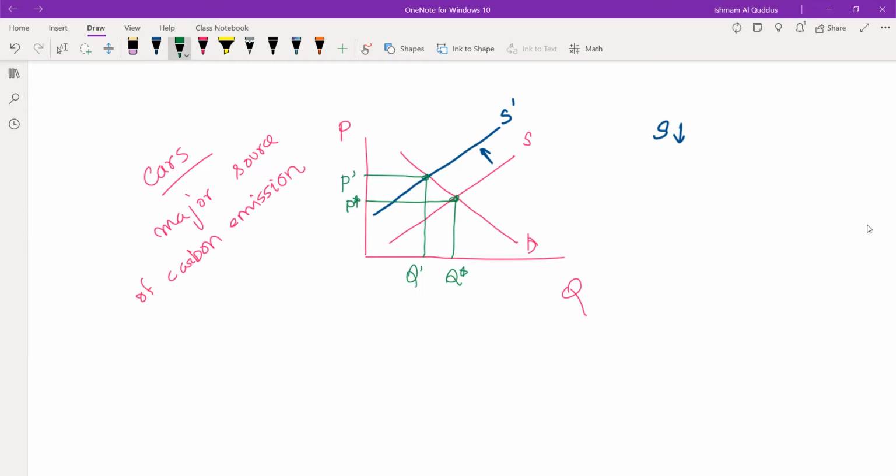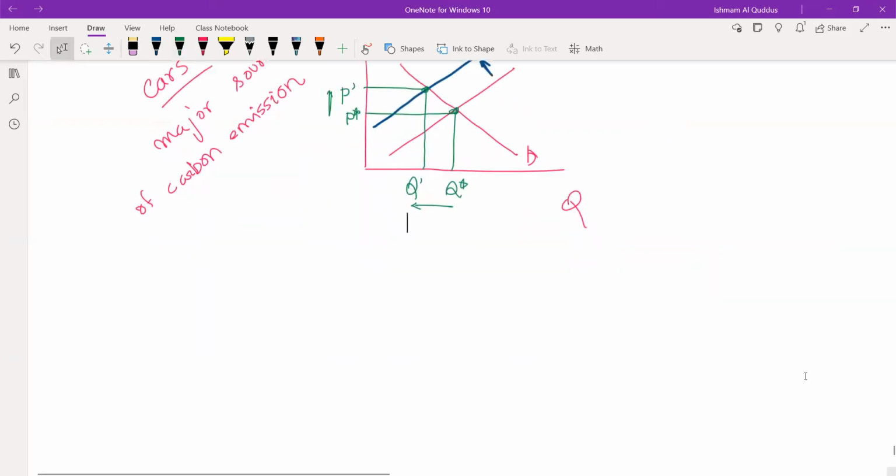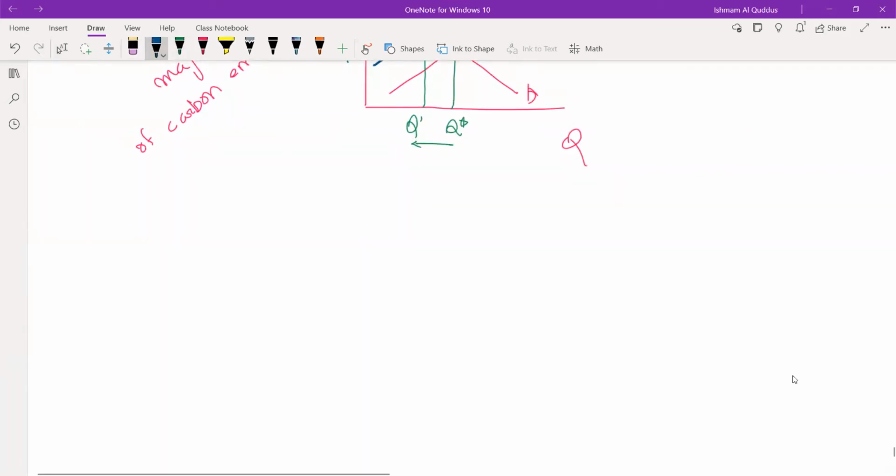So here, just try to figure out what's happening. Because of the policy, the supply falls, and here the price goes up, and also there is a significant reduction in the quantity of cars. So it is reasonable to say that the policy is working here. Whatever the policymakers wanted to do, they did it. They succeeded. However, later on,